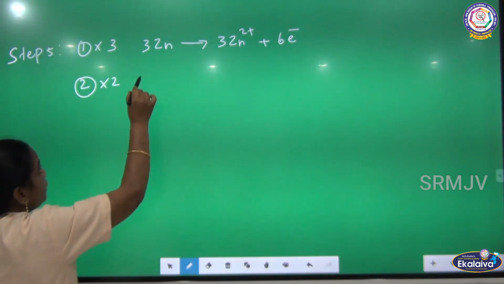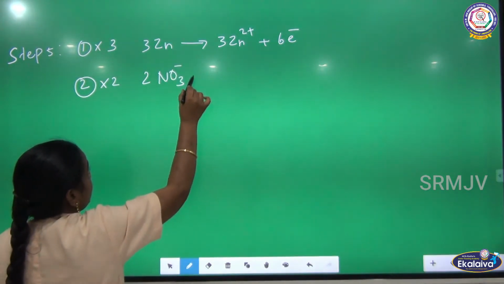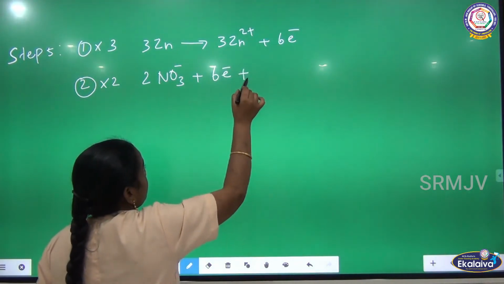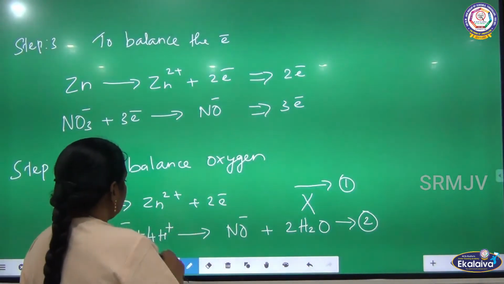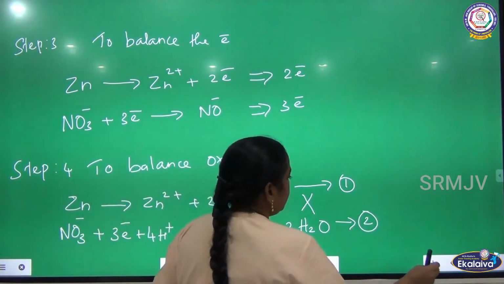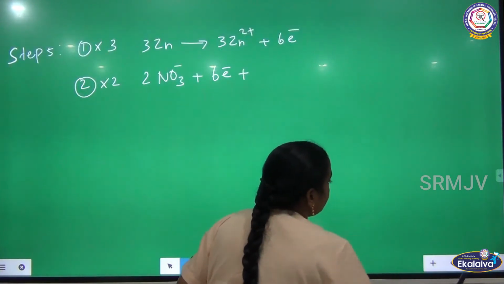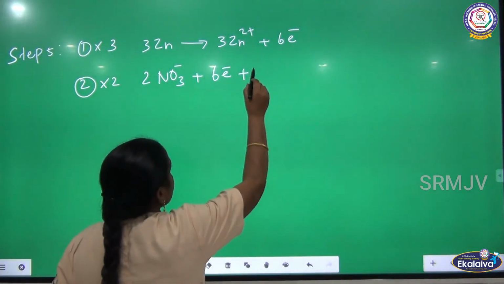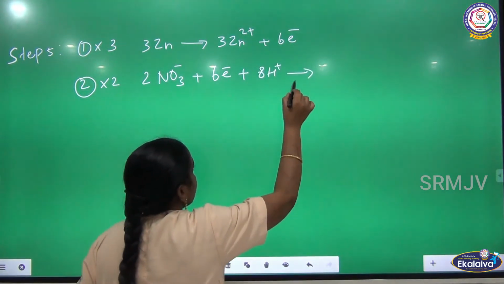Now you write 2 NO3 minus plus 6 electrons plus, already how many hydrogen is there? 4 hydrogen, 4 into 2 is 8, 8 H plus gives